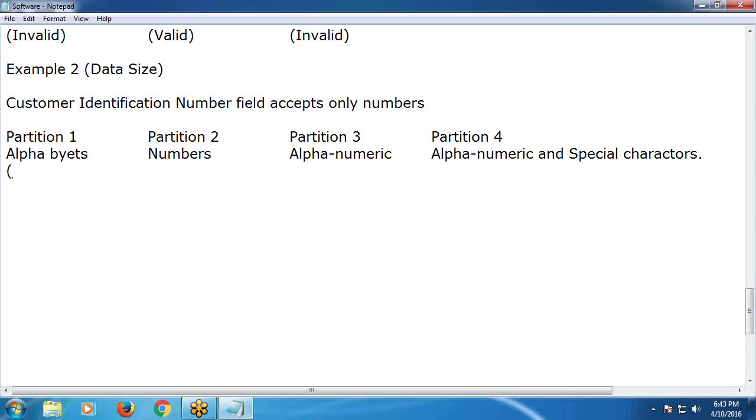Invalid. Next partition 2, valid. Partition 3, invalid. See, partition 3 invalid, partition 4 also invalid. Okay, just a minute. Next example,